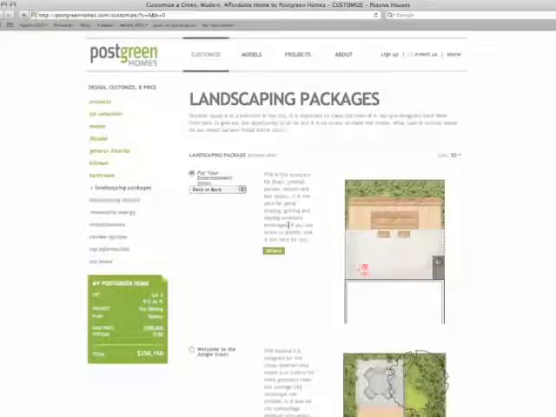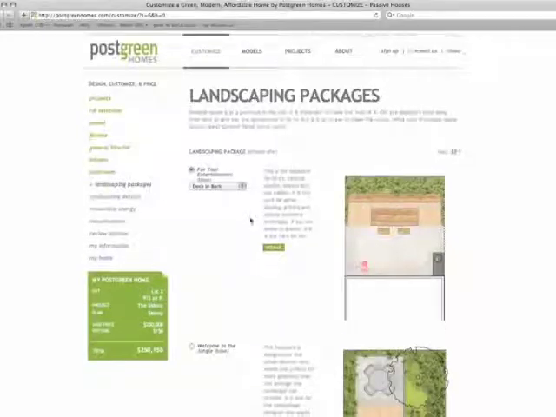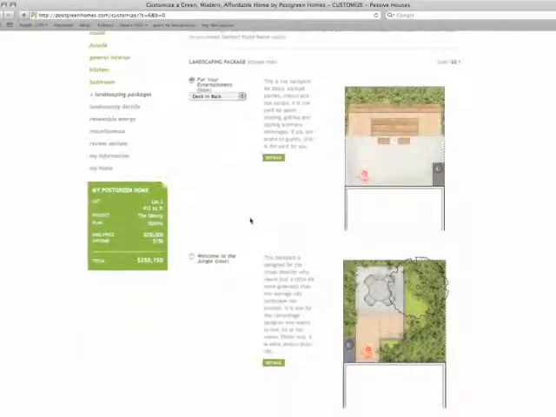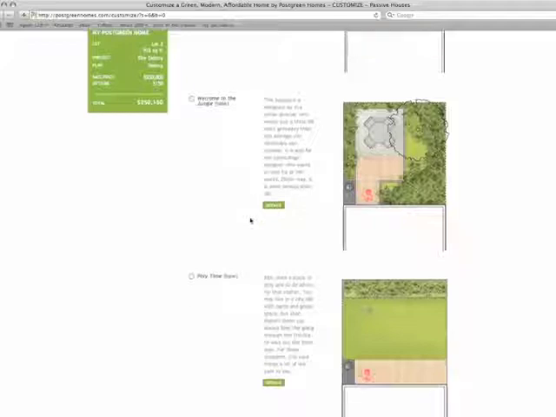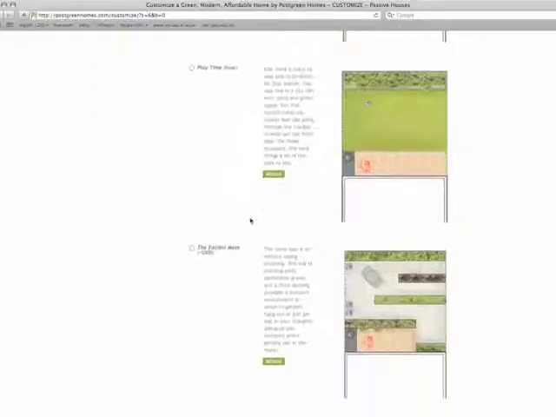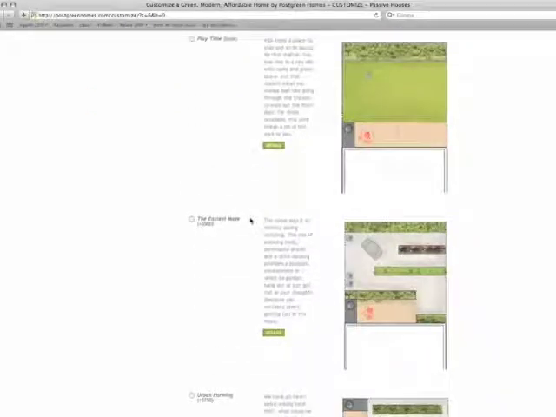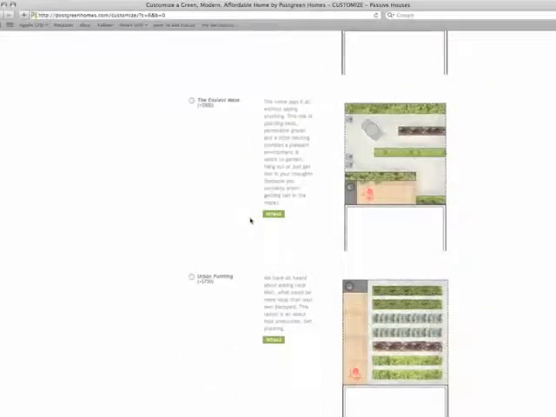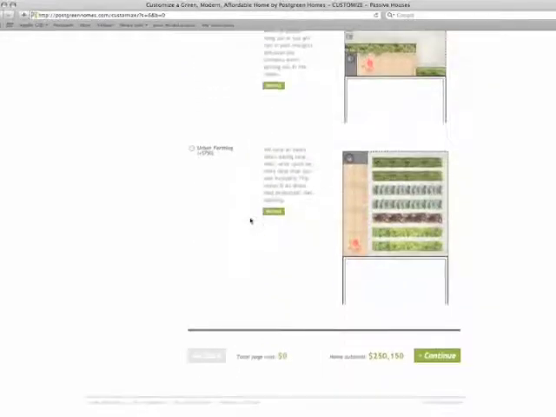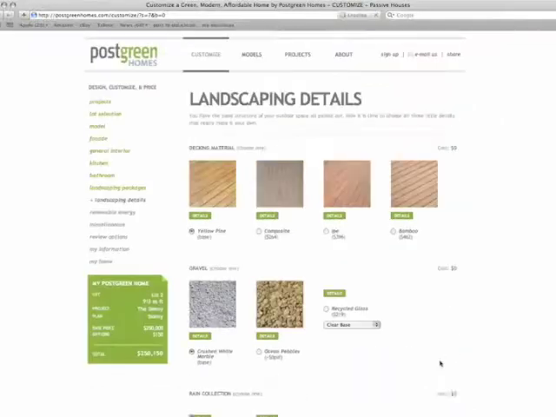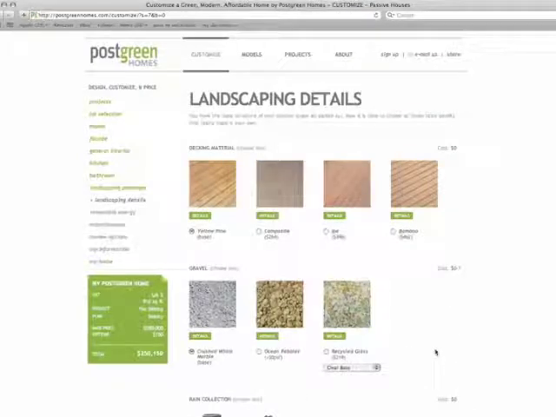Now, these were designed by our landscape architect, Brian Haynes, to give you a bunch of options for your backyard, including a place to entertain guests. If you're foliage obsessed, you could choose that one. We have Playtime, which is for the kids, a maze you'll never get lost in for those directionally impaired, and also an urban farming option for those of you who want to grow a lot of food in your backyard, which I particularly like. If we hit continue again, we get our landscaping details, where we get to choose between